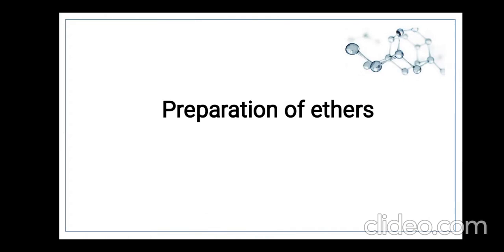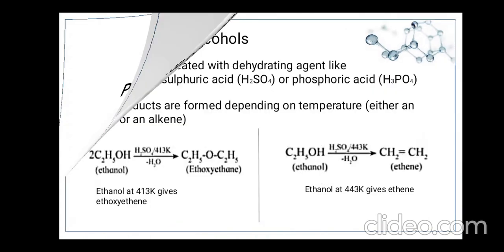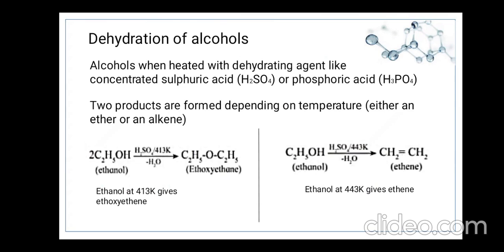Preparation of ether. Now let us start with the subtopic ether, and in ether we will start with preparation of ether. Now the first is dehydration of alcohol. Alcohol when heated with a dehydrating agent like concentrated sulfuric acid or phosphoric acid,